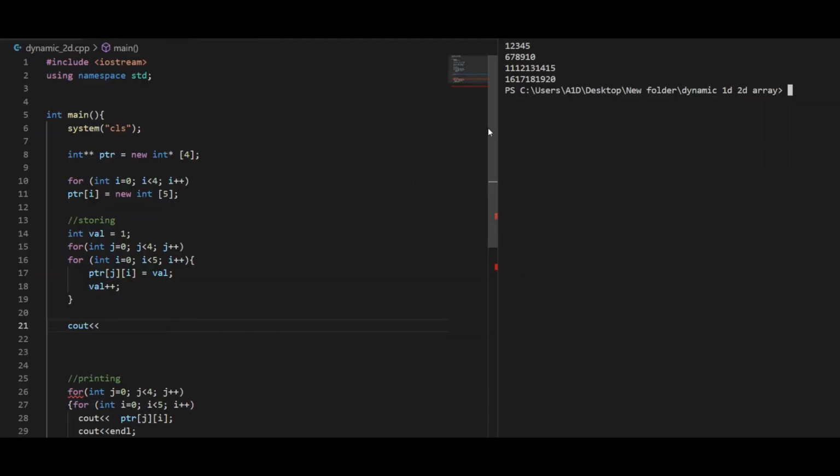So if I talk about this example, I have to access the element 9 over here. How I can access the element 9 is that